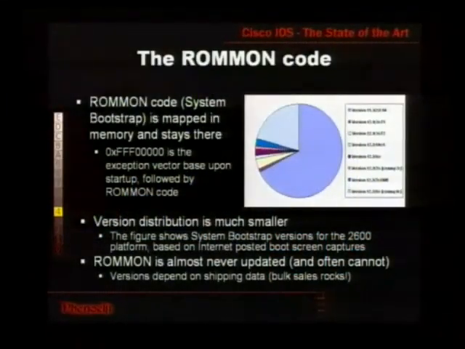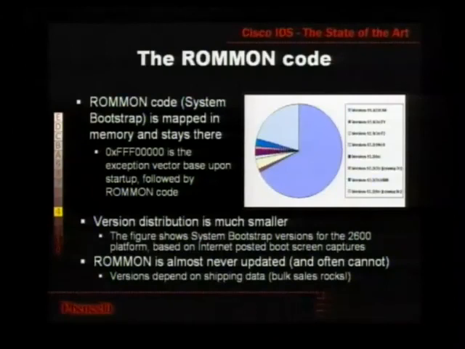So in my desperate search for a place to jump to, I found the ROMmon code. Remember this BIOS thing that boots the device? This code stays in memory, and it stays at a predictable address. And it's not used by iOS. And the version distribution is a lot smaller. Because it gets shipped with the device, hence the name ROM, people can't update it. That's good. That is useful. So a quick search revealed that these are ROMmon versions for the 2600. You see there are not more than 8 entirely, and their shipping time